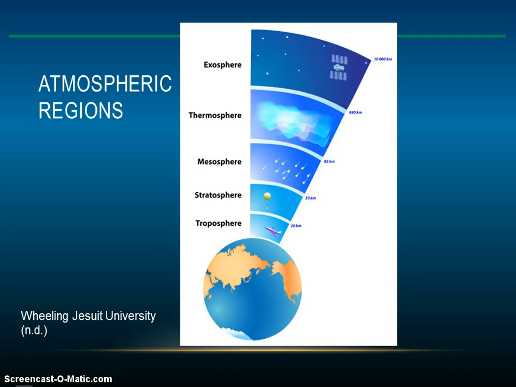The boundary between the mesosphere and the stratosphere is called the stratopause. The third layer from the surface of Earth is called the mesosphere, which is the layer in which most meteors burn up after entering the atmosphere of Earth and before reaching the surface. The boundary between the mesosphere and the thermosphere is called the mesopause. It is the coldest place on Earth.